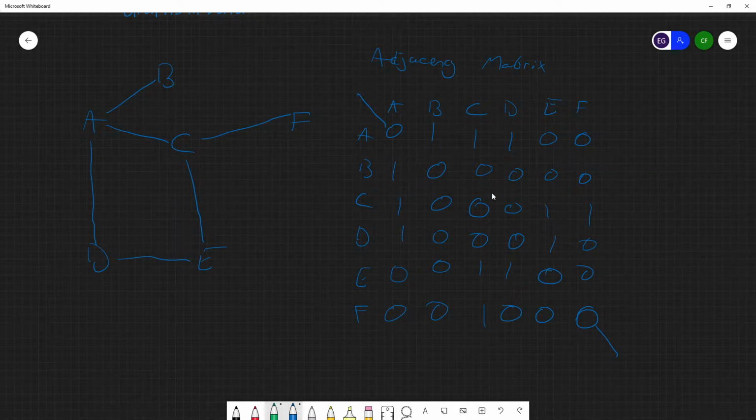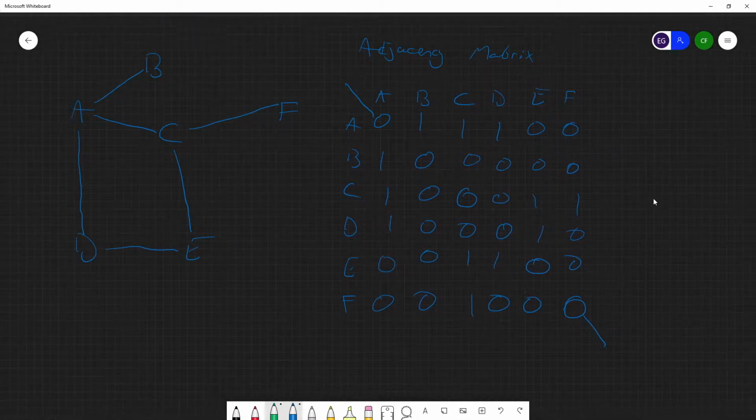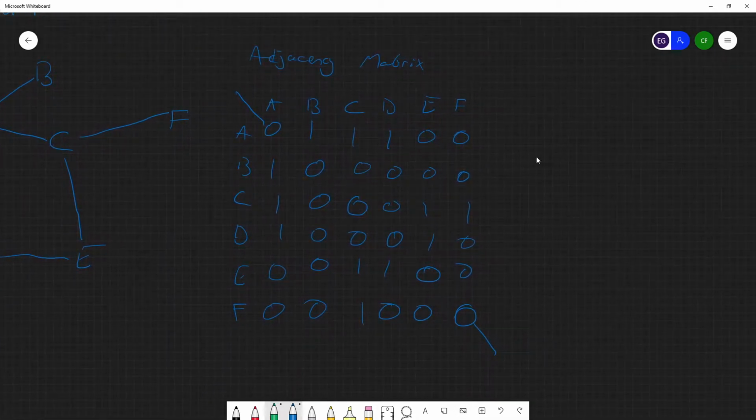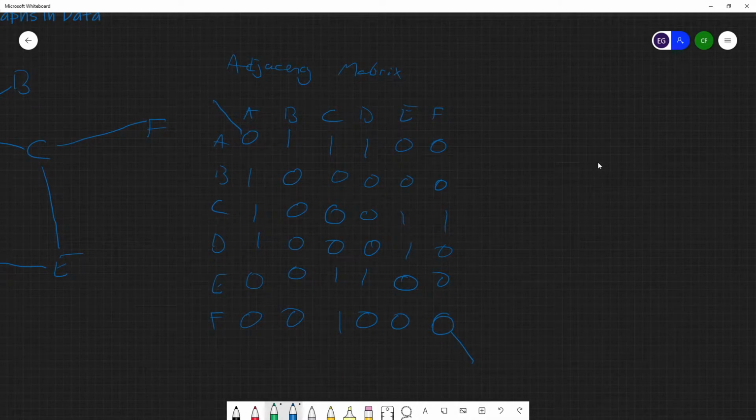12 things, so 36 zeros in this matrix, just saying that there's no data here. It's very, very inefficient for memory, for this graph in particular. So an alternative to this, rather than have all these zeros everywhere, which is just saying nothing to see here and taking up memory, we do an adjacency